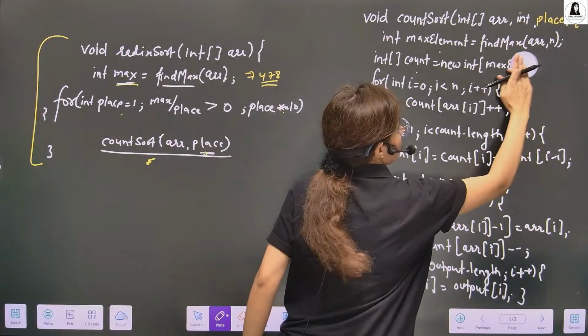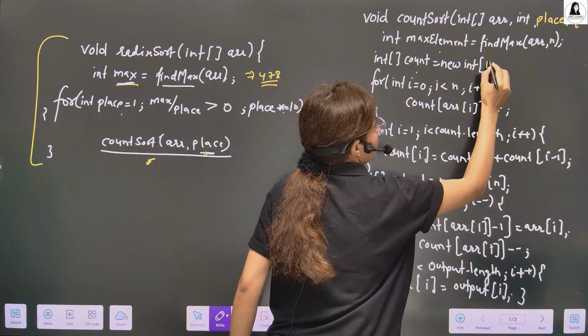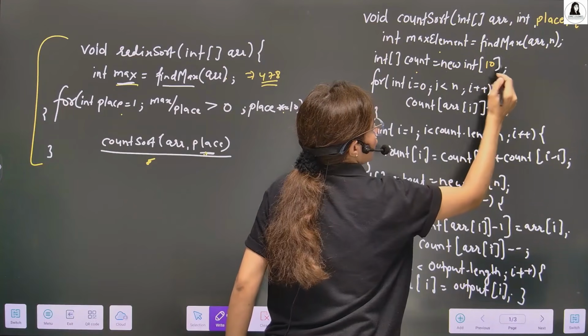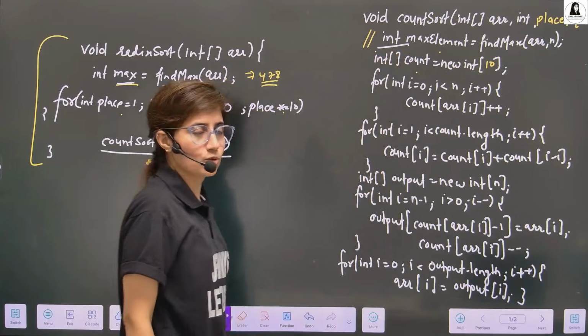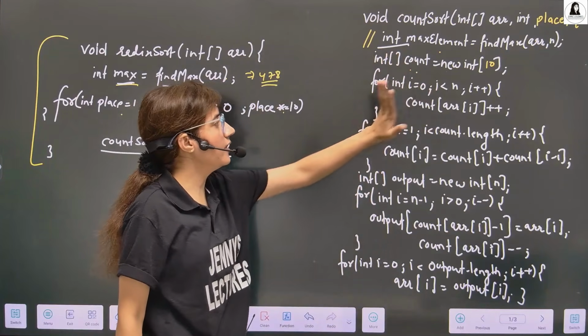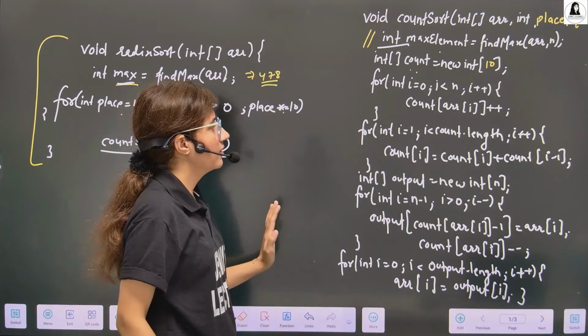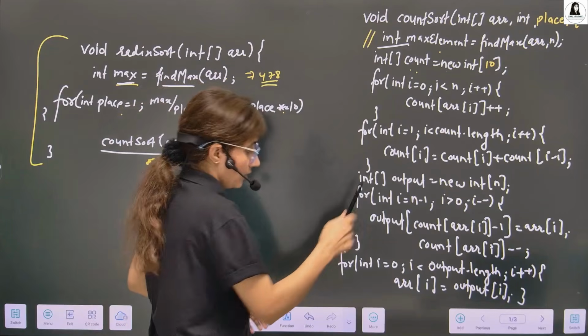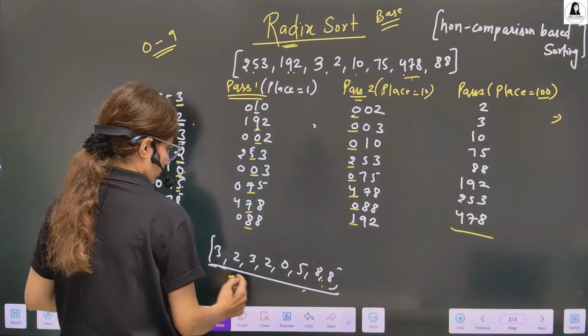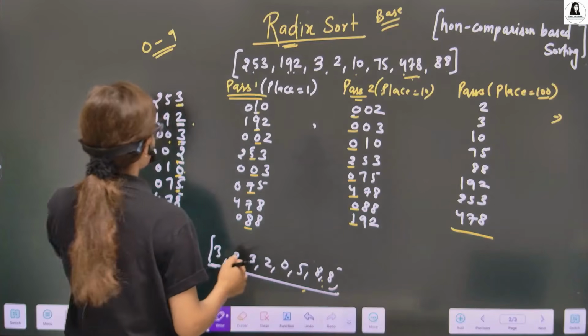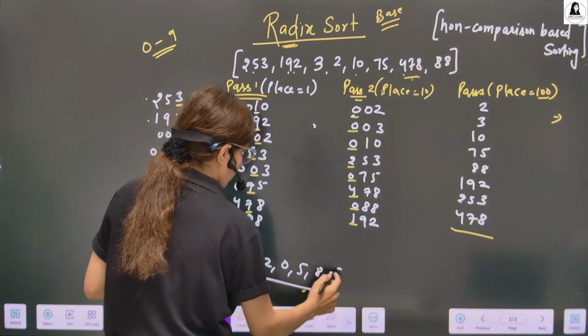So let's just change it and let's make it 10. So do we need to find out this max element? No. So let's comment out this. No need to write down this line. Now we have a count array having size 10. Same, we apply what? Now let me just write down this thing here. Or let's discuss here itself.